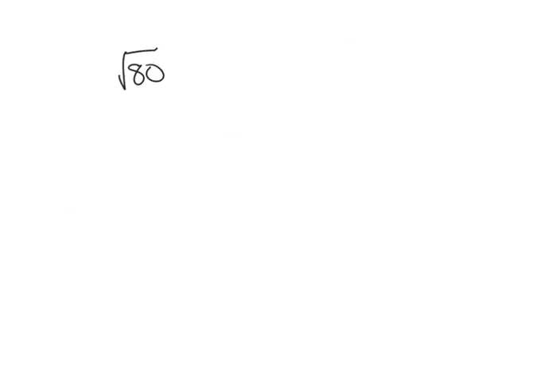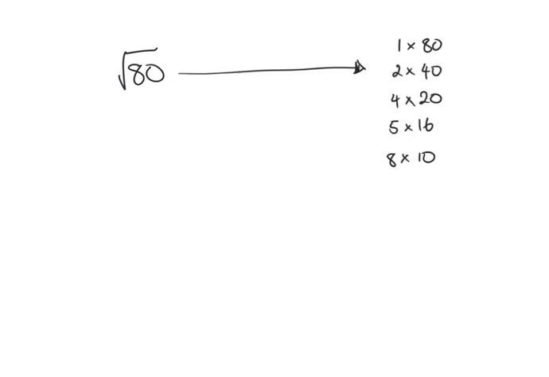example. This time I'm going to simplify the square root of 80. And here they are. I haven't used arrays this time just to save space and for brevity, but the next thing you want to do, remember, is you want to get them to pick out any square numbers. And in this case, we've got 2 square numbers, and you want to get them to choose the highest square number. And the reason for this is because 20 also has factors 4 and 5, where 4 is that square number as well. So this is the reason why it's so important to get kids to have a play around and get their hands dirty with factors and multiples, particularly square numbers with factors and multiples, before they attempt this